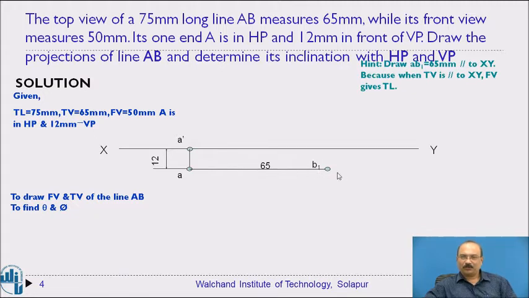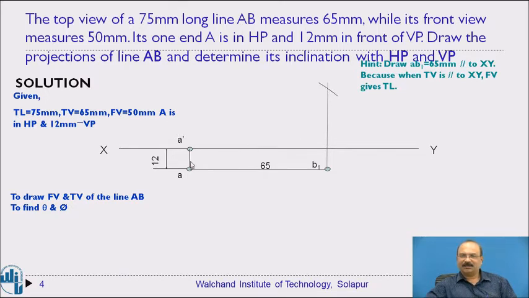So now if you project this line in the upward direction and then from this particular point you take it, you will get this as a true length, which is already given in the problem as 75 millimeter. This point helps us to locate the point B1 dash in the front view. To locate the point in the front view, we are expected to project this line in the upward direction. Then keep the compass at this particular point, take 75 millimeter as a length, and cut this line. While you cut this line, this is the position of B1 dash.